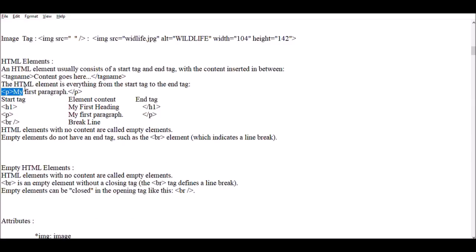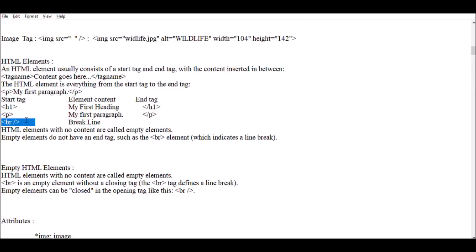The p tag is a paragraph tag. When you want to write a paragraph, you can use the p tag and write your paragraph or content in between the opening tag and closing tag. H1 is, as I previously discussed, the heading which has the most importance, whereas H6 is the least important heading. Again, p is the paragraph tag.